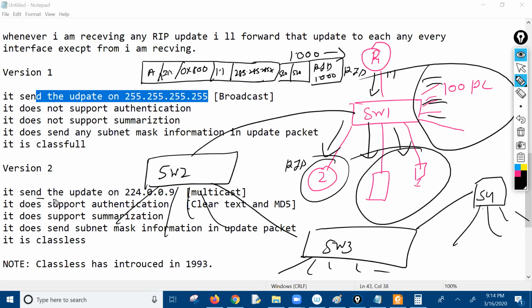As compared to that, in multicast, what happens? This is the problem that was overcome in version 2. Multicast is what? A WhatsApp group is a very good example of multicast. Instead of sending the message to each and every contact, we make a group of these people. In the group we have 5 people, and we send the message only to those 5 people. So if I'm going to run version 2 and version 2 over there,